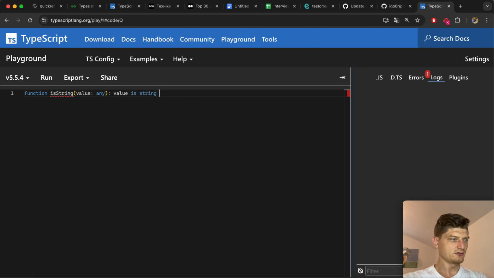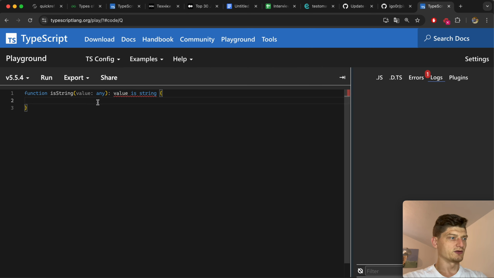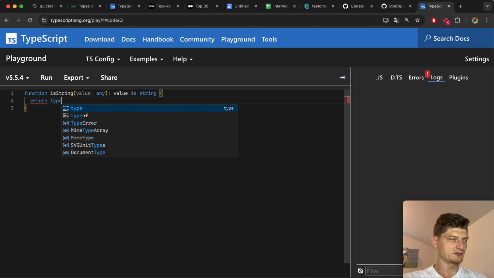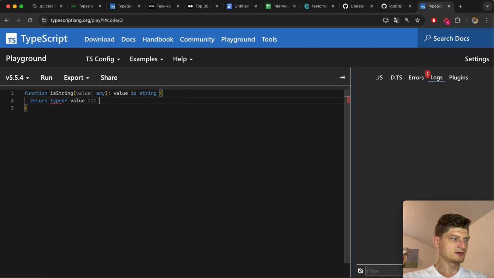That's what we say. And basically let's implement it. Return typeof value equals to string,